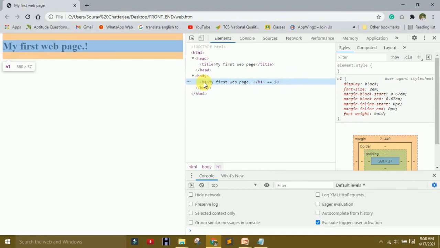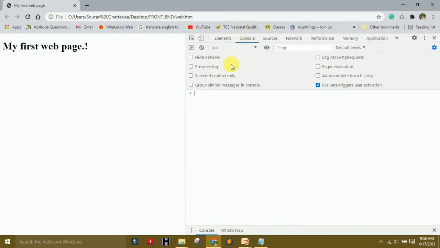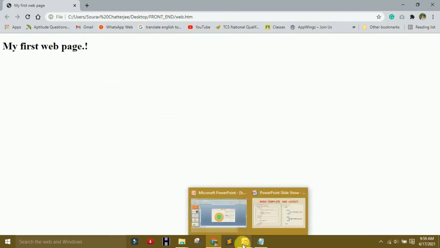So H1, if we want to change it here, no problem. So you understand how you use HTML. So HTML also uses this, and now I am changing it. So we create my first web page, meaning a normal HTML page.